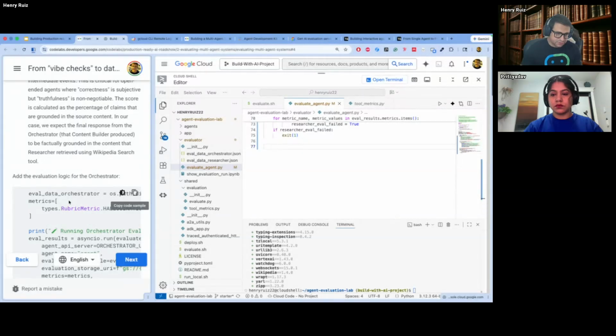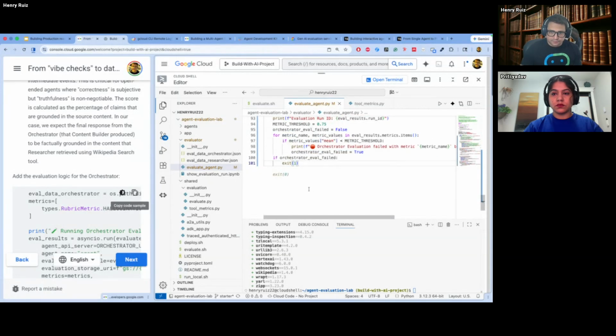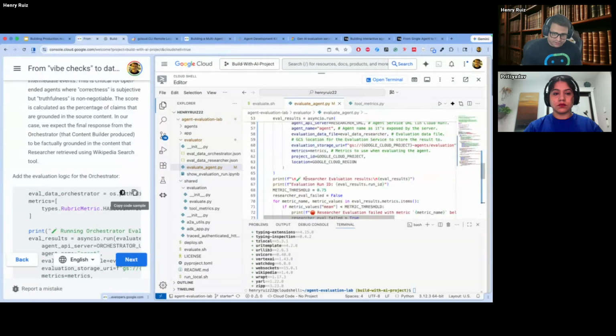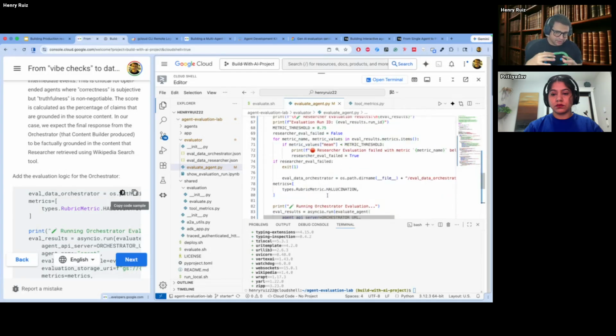Okay, so now we're gonna copy this other optional set of metrics that you can generate for the orchestrator. But it's very straightforward, as I mentioned. We have a multi-agent system, and this evaluate agent file takes each agent and uses the Vertex AI evaluation service to generate a bunch of different metrics. Then, programmatically, we check that those agents are aligned with the threshold that we designed. Otherwise, it's going to generate an